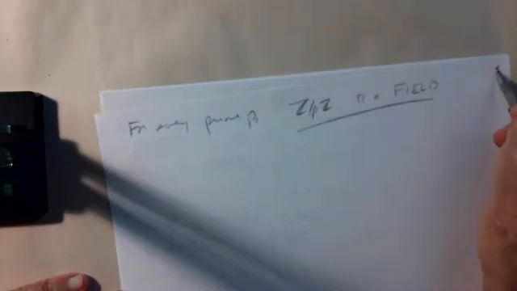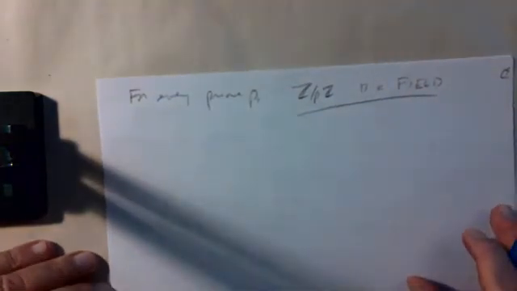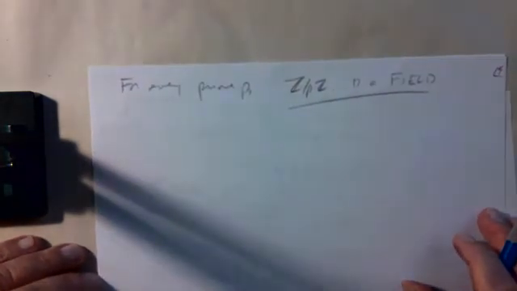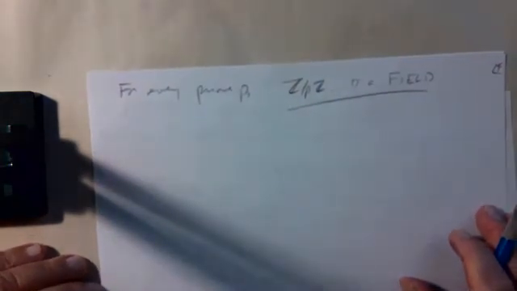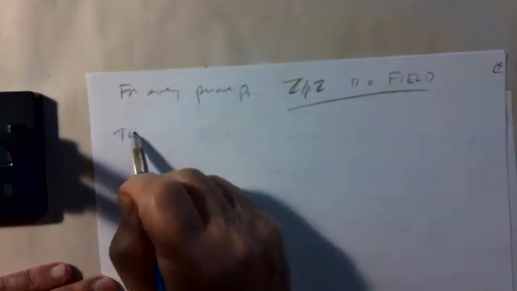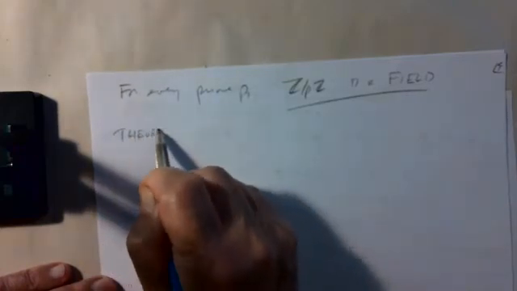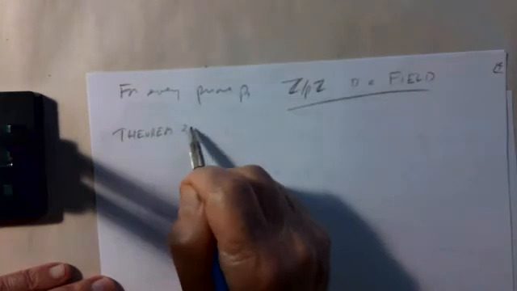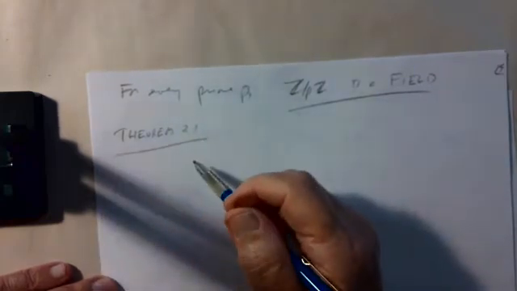It's not just a ring, not just a commutative ring. It's a commutative ring in which every non-zero element has a multiplicative inverse. That means it's a field. We proved that. And so this will be a special case of the following theorem,